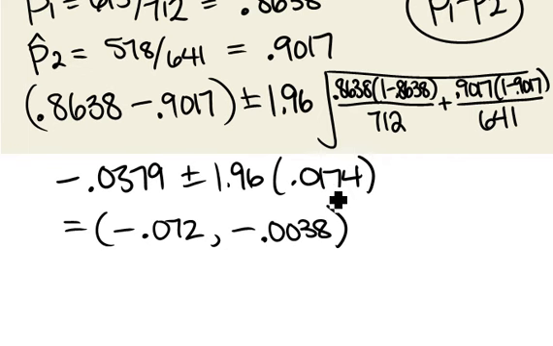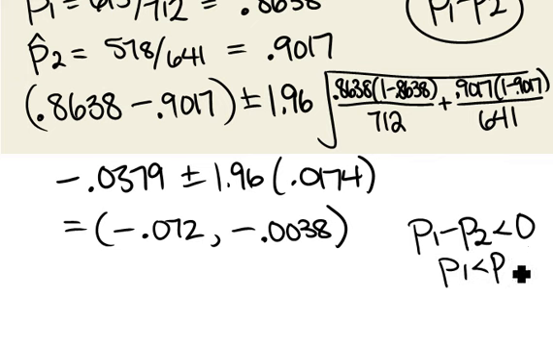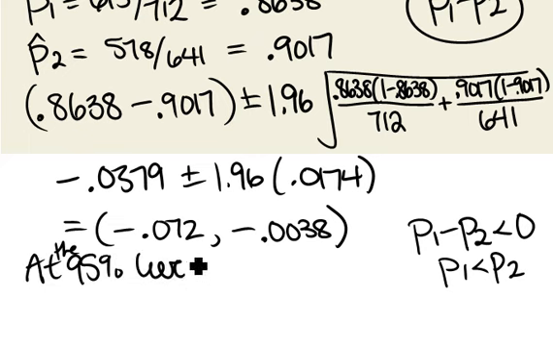Now we can compare the proportions by looking at this interval and seeing that all the numbers in the interval are negative. So what we can get from that is that what we're trying to capture, P1 minus P2, is going to be a negative quantity or less than 0. And if P1 minus P2 is less than 0, that's the same as saying that P1 is less than P2. So at the level we've done this interval, the 95% level, what we're saying is that P1 is less than P2, or in words, the population proportion